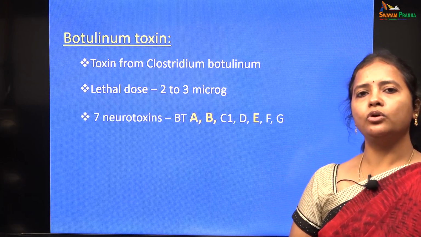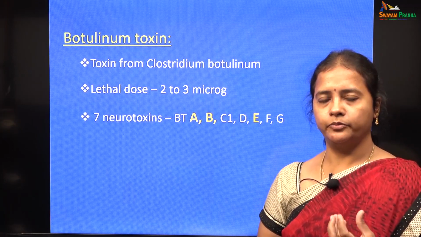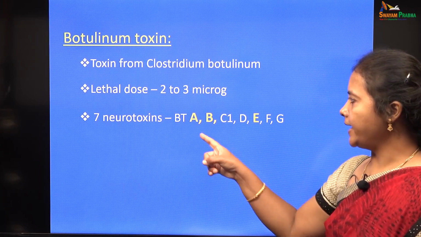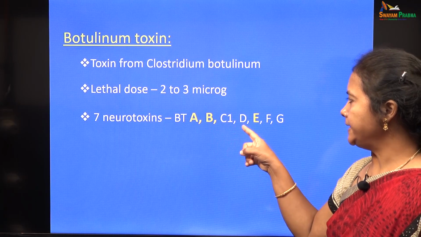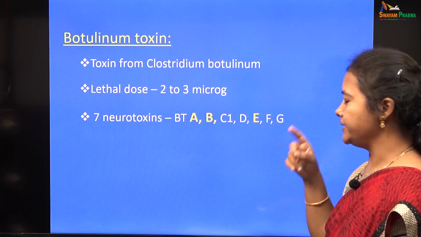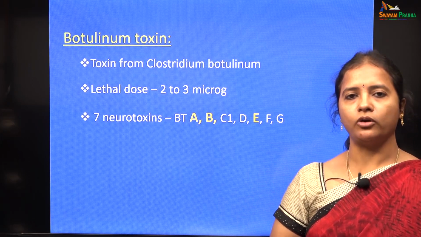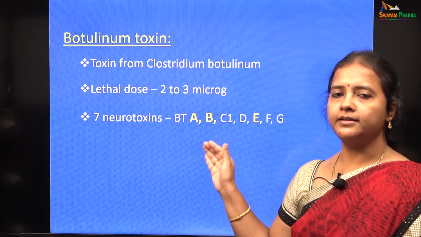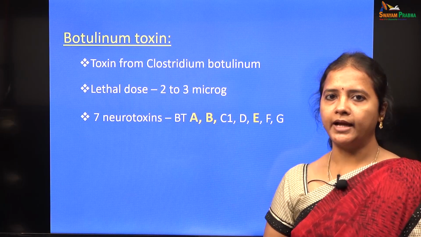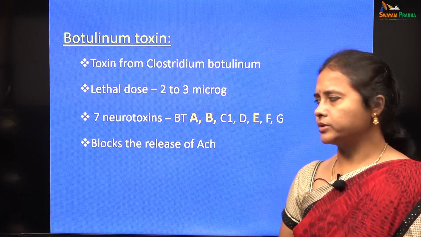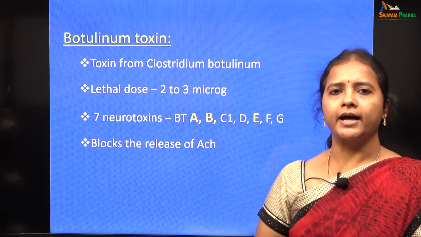There are about 7 neurotoxins produced by this Clostridium botulinum bacteria: botulinum toxins A, B, C1, D, E, F and G. Out of these, the neurotoxins A, B and E are toxic to human beings, whereas other toxins are mainly toxic to animals. And the main mechanism of action of botulinum toxin is by blocking the release of acetylcholine